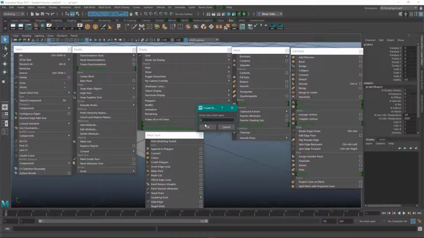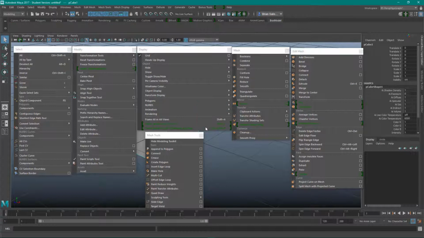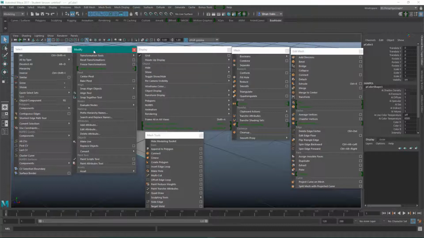Box model. Okay, so these are the tools that I use most often. So I've got reset transforms, and in order to put a, you probably already know